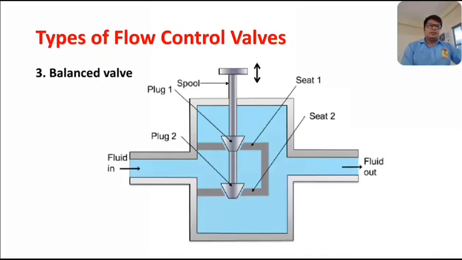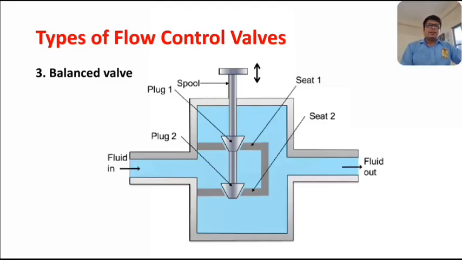It is made of two plugs and two seats. The opposite flow gives little dynamic reaction on the actuator shaft, and it results in a negligible dynamic torque effect. The leakage is more in this kind of valve because the manufacturing tolerances can cause one plug to sit before the other. So it is quite necessary that both the plugs, plug 1 and plug 2, sit together and rise together.